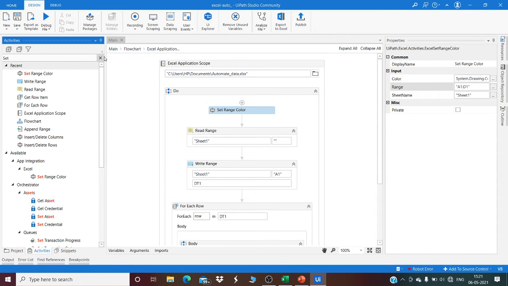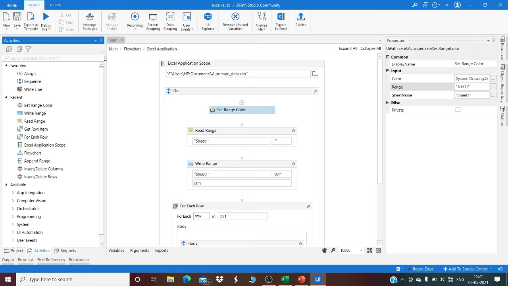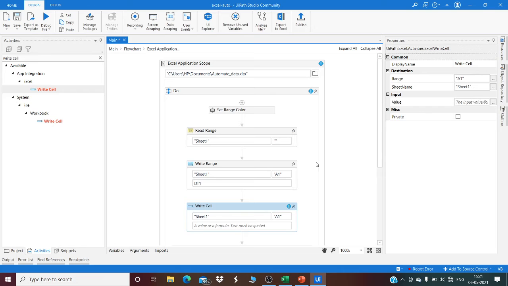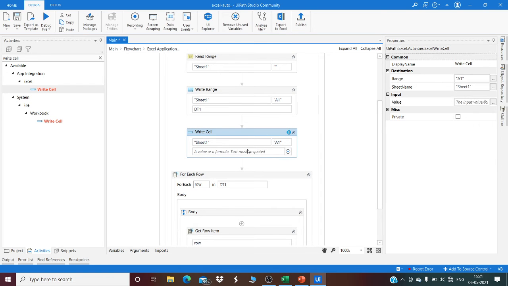Now, Excel application scope provides many facilities. We can write also. To write in the cell, we have write cell activity. Select and drag it to the do section of the Excel application scope and write what you want to write in the cell. Suppose I want to write in the cell as Geeta and enter. On which cell you want to write? I want to write in A7, and whatever cell you can give it, A or B or C numbers as follows